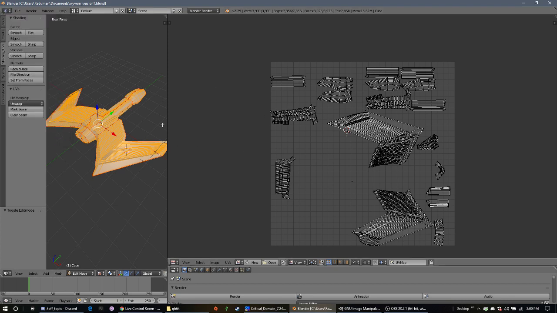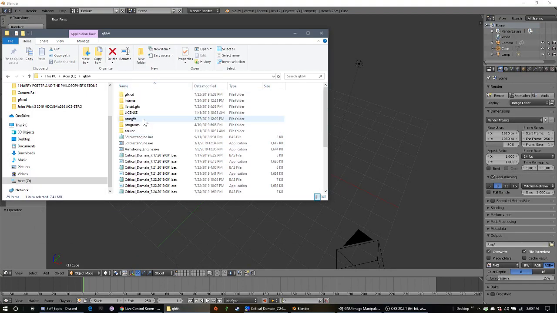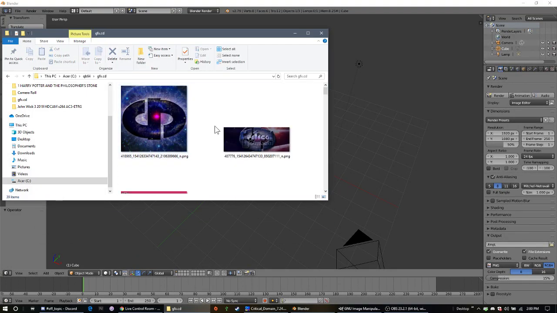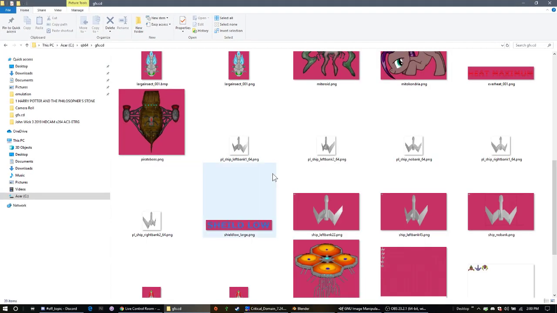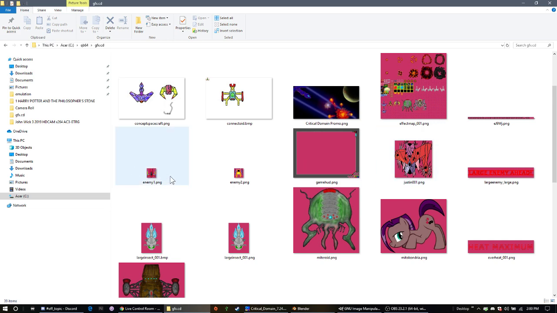So I'm going to start with a new startup file, which just gives me a cube in Blender. Pretty simple. And I want to look at some of the graphics that I plan to make adjustments for here. So one of the enemies that I wanted to redo is, let's do,